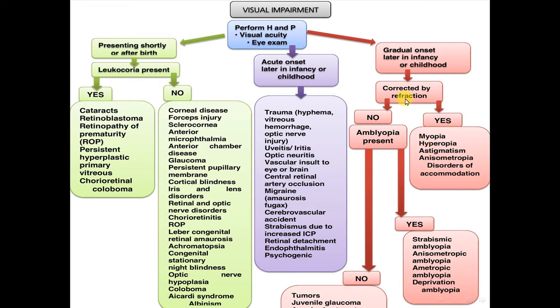If it is not corrected by refraction, is there amblyopia present? If yes, maybe strabismic amblyopia, anisometropic amblyopia, ametropic amblyopia, or deprivation amblyopia. If it is not corrected by refraction and there is no amblyopia,